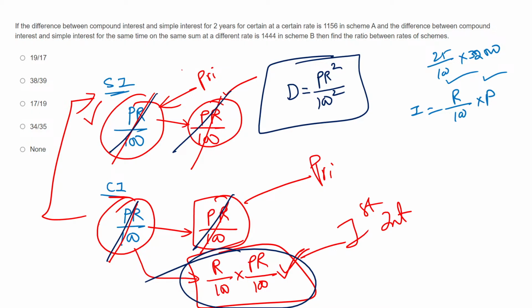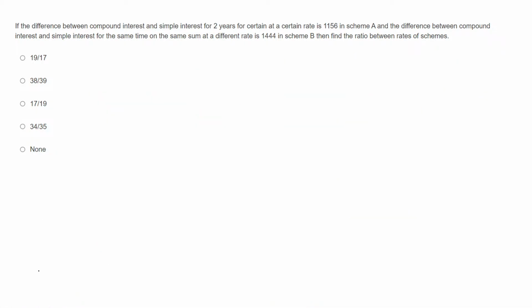So let's go. Now what we are going to do here is, we know that for the first 2 years the difference is 1156. That means the difference D1 is 1156, and we know this is nothing but PR1 square by 100 square, because we are taking the same P and a time period of 2 years. And the second one is